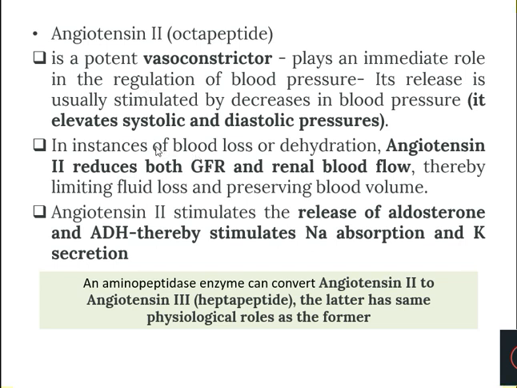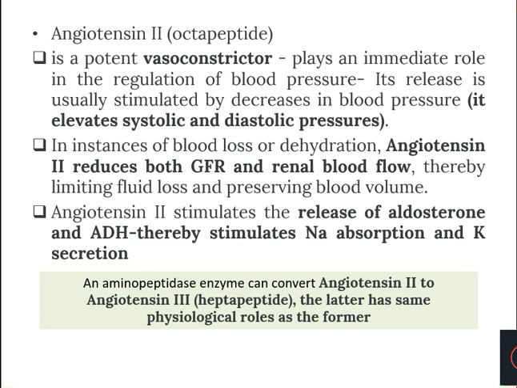Now, so that is one of its functions. Now second, when we have dehydration, angiotensin 2 reduces glomerular filtration, because in the kidney this process is continuous, that is, it filters blood, and the filtrate formed is called glomerular filtrate. So our blood is continuously getting filtered in the kidney. If it is not properly reabsorbed, we will lose a lot of water. So by the process of filtration, we are not only losing waste but we are also losing water.